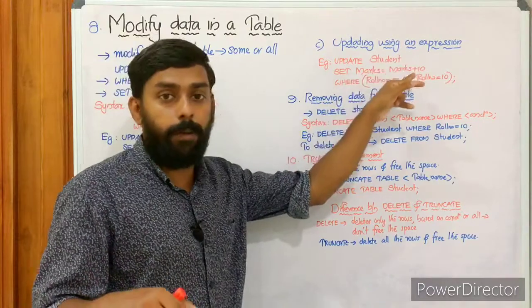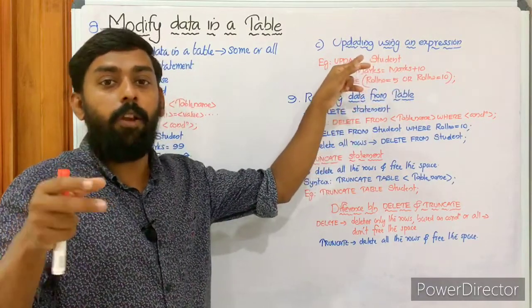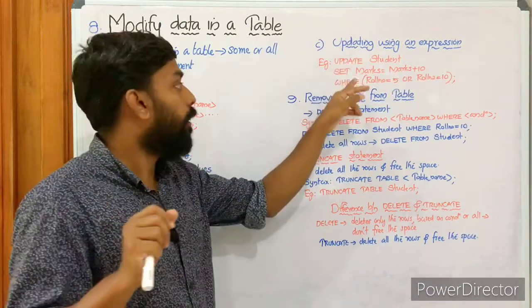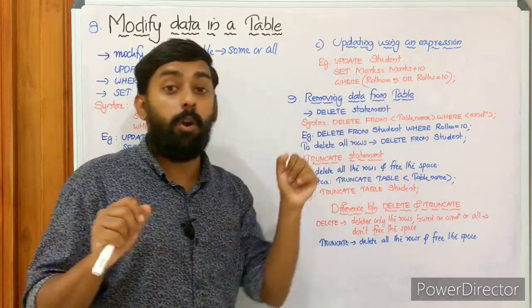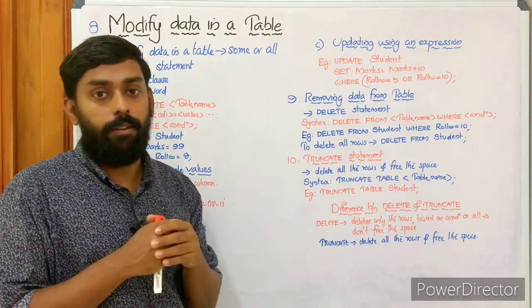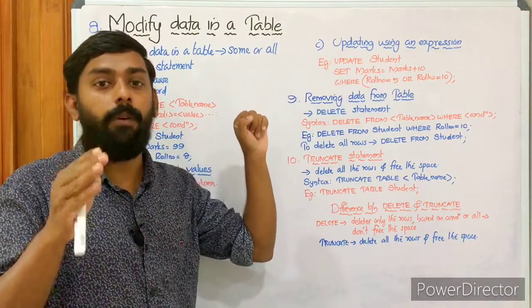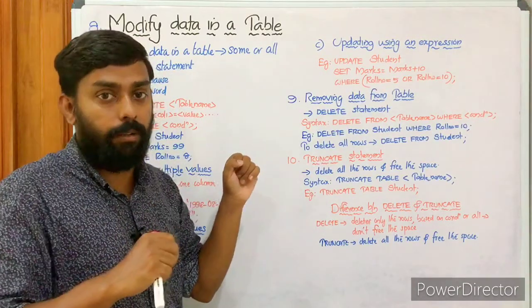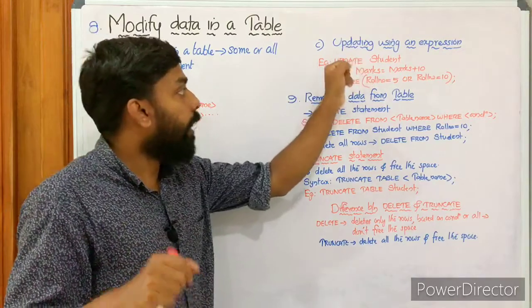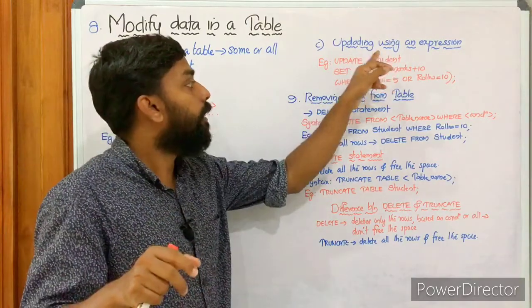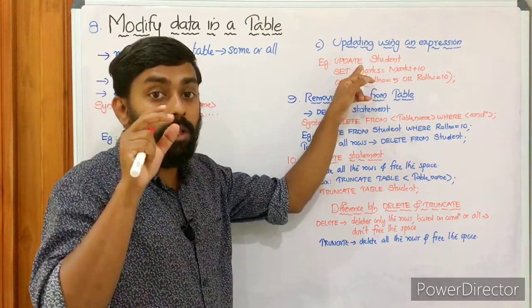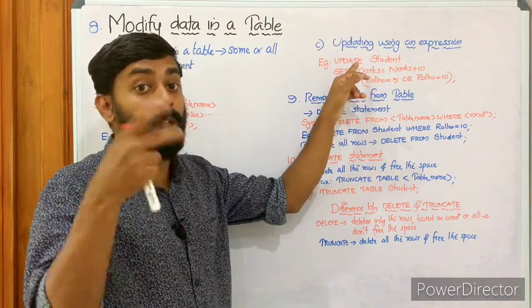Marks equal to marks plus 10 means increasing the value of marks by 10, where roll number equal to 5 or roll number equal to 10, in parenthesis. This is the expression. Roll number equal to 5 or roll number equal to 10 is the expression. We get it? Where actually the statement updates the marks of student or students, we don't know that,